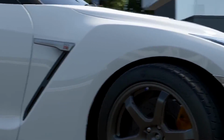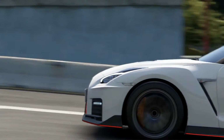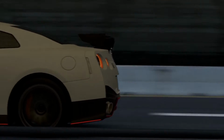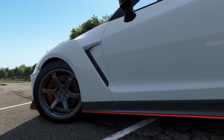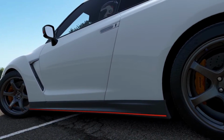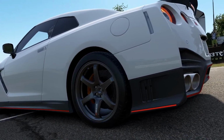3,200 RPM. It's actually quite a while to wait for the fizz to kick in, particularly when you consider that the GTR tips the scales at a colossal 1,700 kilos. It does, however, have great weight distribution, 55 at the front, 45 to the rear, but surprisingly it's only 30 kilograms lighter than the stock car,